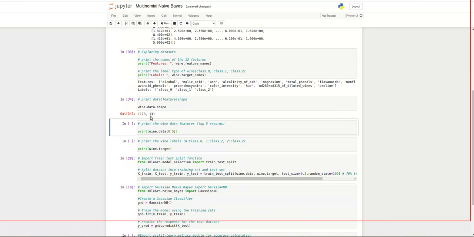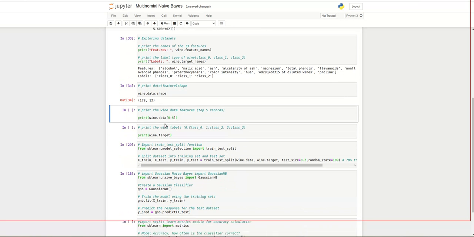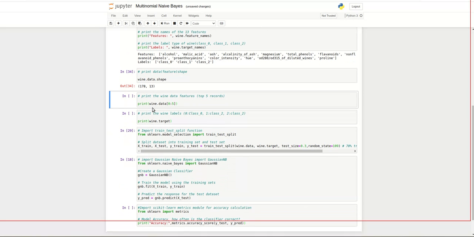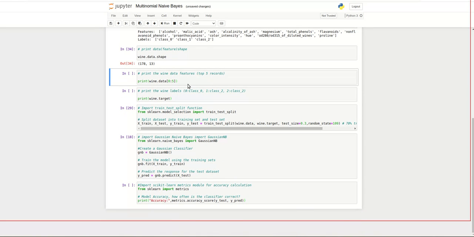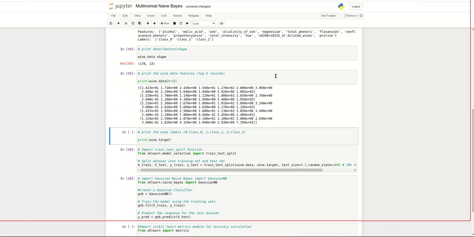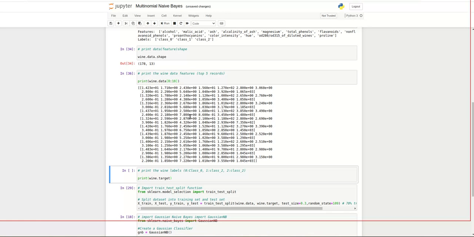Remember that indexing starts from 0. Then we print the first 5 rows of the wine data. If we want to print 10, then we simply type 0 to 10, and it will provide those 10 rows.